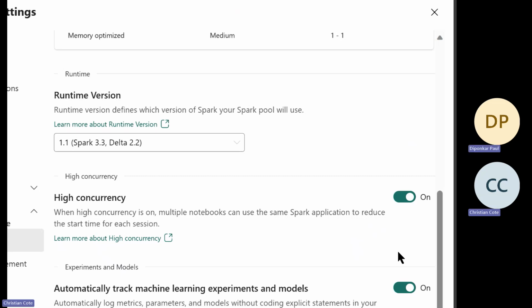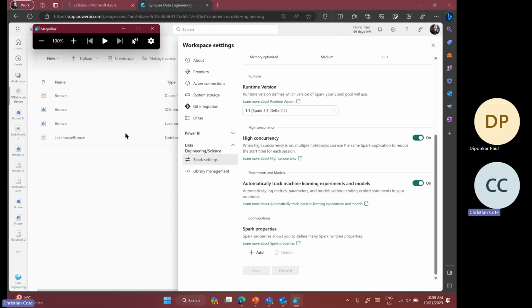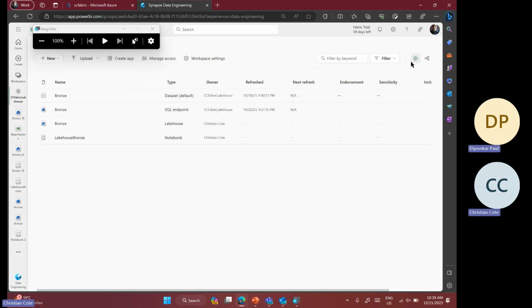Not everyone is doing big data, right? So sometimes in dev, you can create a few Fabric capacities in Azure and assign one to a specific dev, and they are responsible for pausing it. Most of the time they will forget, but at least it doesn't cost too much money, right? So this is how we can do it.